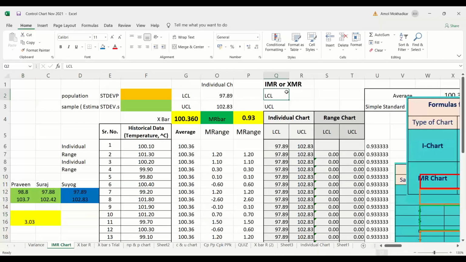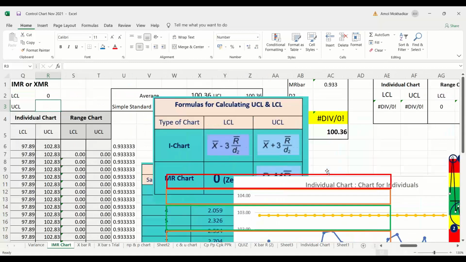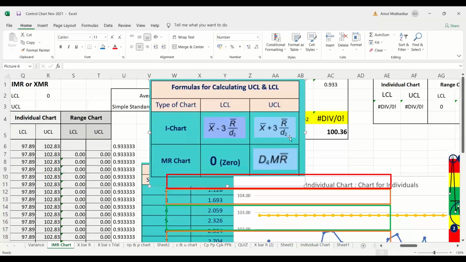Now coming to the range chart. Okay, individual moving range or range chart. How are you going to calculate? The LCL will be 0 and UCL is D4 MR bar. What is the value of D4?